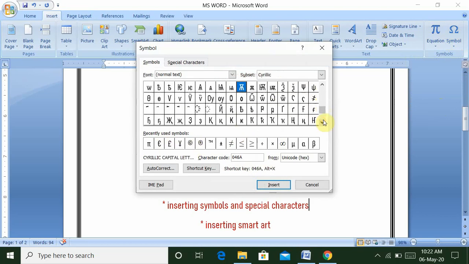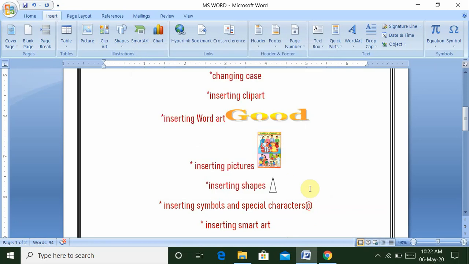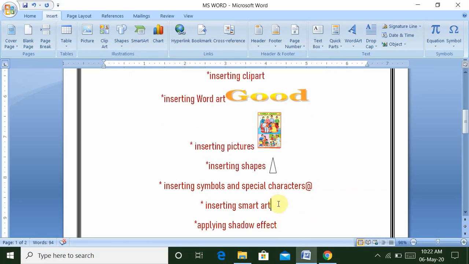Go to the insert tab and select the symbol option, and then you will find multiple types of symbols available in the MS Word environment. Then insert option, and then close. Then again is smart art.